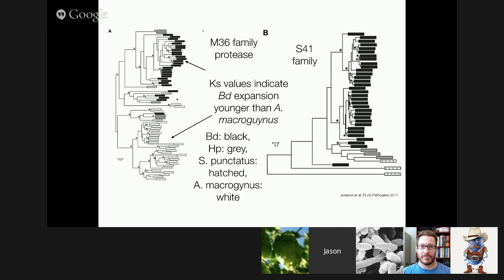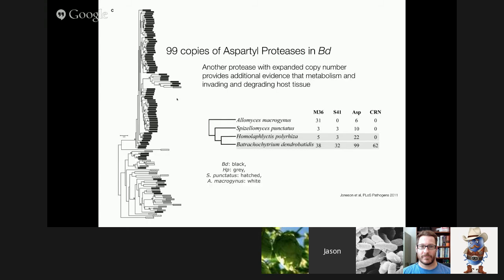families. And we see this again for M36s, the S41s on the right, and also another family of aspartyl proteases was also extremely expanded in BD relative to the others. And so those are quite interesting to suggest they may be important in pathogenesis. Again, without a transformation system or ability to knock things out, we can't directly test that yet, but these are